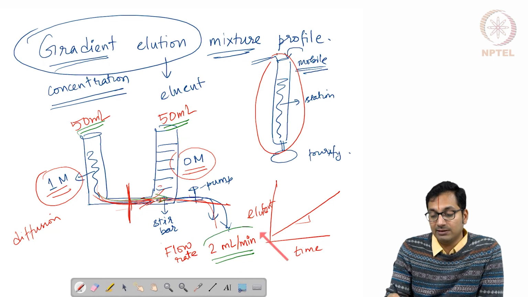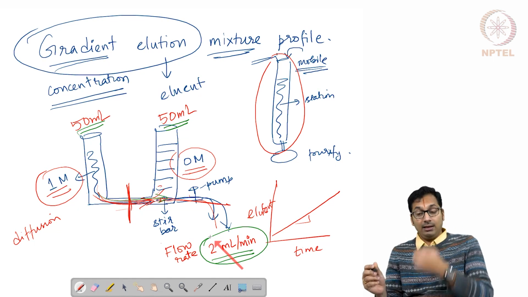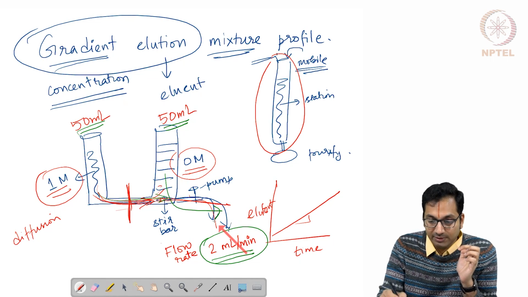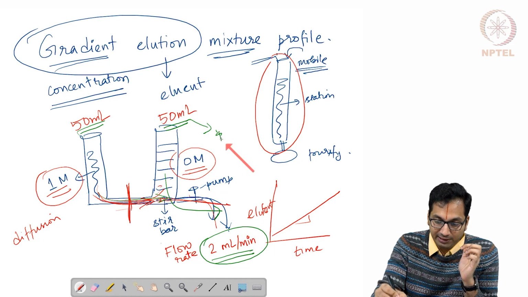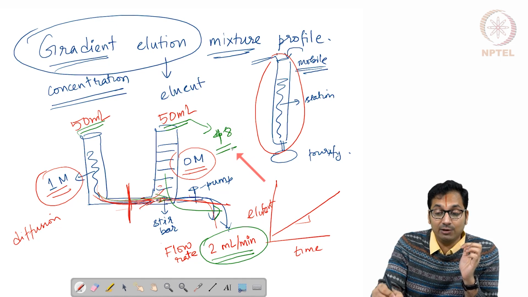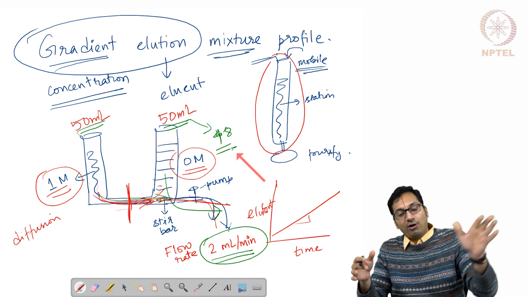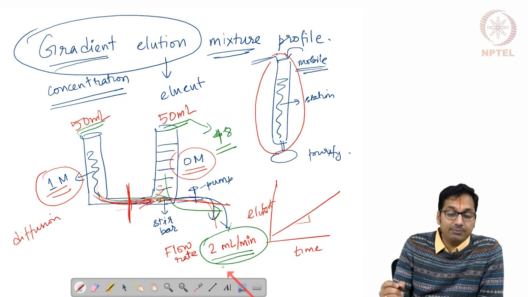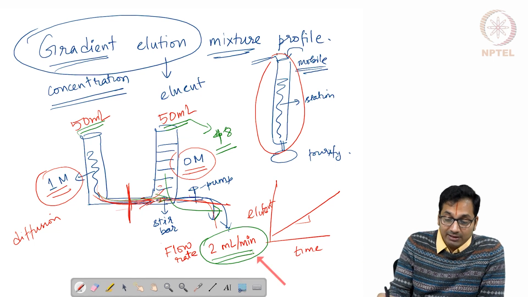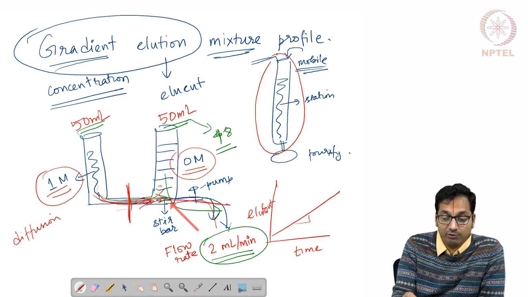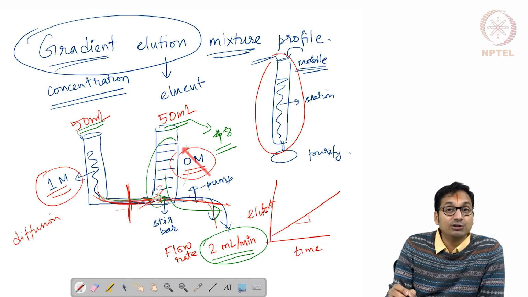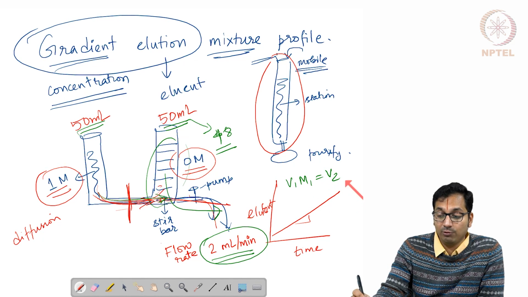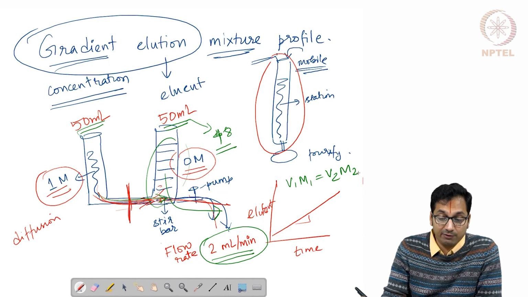So the variable that we get to alter is the flow rate, and we can simulate assuming that when you take 2 ml out of this, meaning that it goes from 50 to 48, this is not the way it works in reality. If you take 0.1 ml, it's going to also get equilibrated from the other tank, but for simulation purposes, we can take a step that is equal to the flow rate, and instantaneously 2 ml flows from here to here. The dilution happens. How does the dilution happen? We can use the equation V1 M1 equals V2 M2.